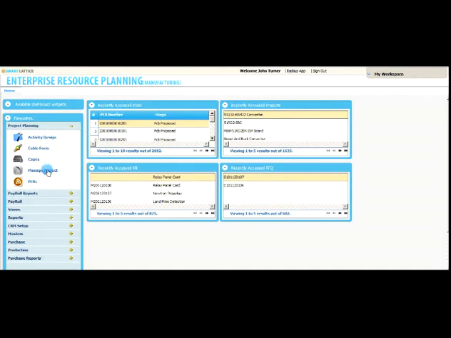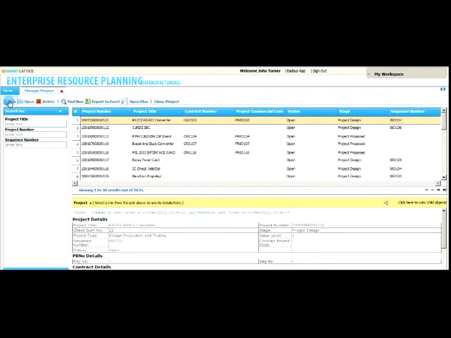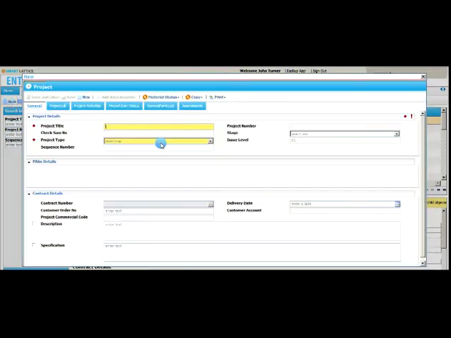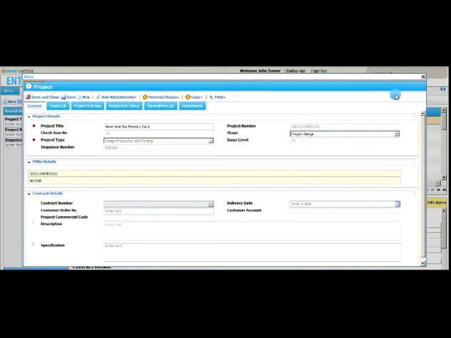Let's start by creating a new project. Project title: NAND and NOR memory card. Project type: design, production and testing. Stage, let's say design. And let's create this project by saving it. As you can see, a project number is generated, a project sequence number is generated, and